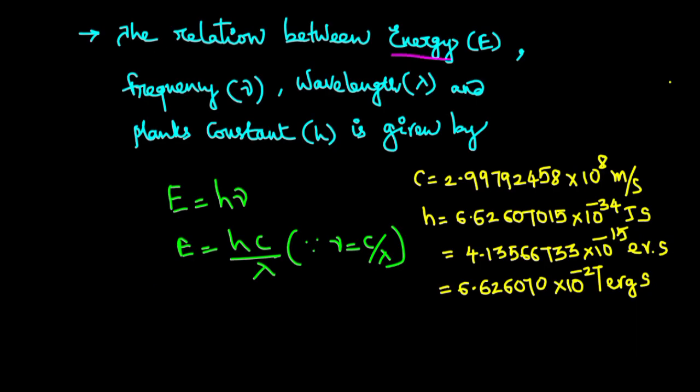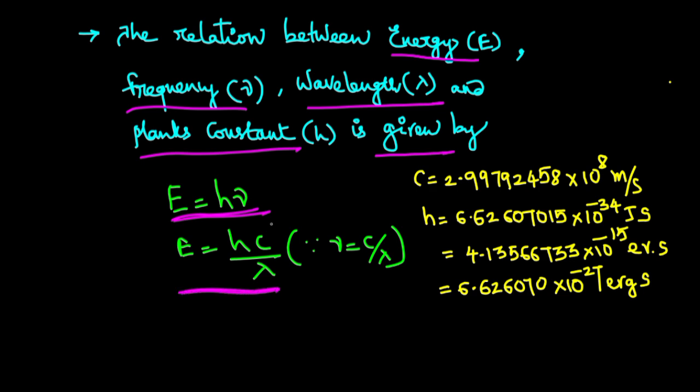The relation between energy, frequency, wavelength, and Planck's constant is given by E equals h nu. From this I can write E equals hc by lambda, because nu, the frequency, is given by c by lambda, where c is the velocity of light, which is 3 into 10 power 8 meters per second, but the actual value is 2.99792458 into 10 power 8 meters per second. And here h is called Planck's constant, whose value is 6.62607015 into 10 power minus 34 joule second